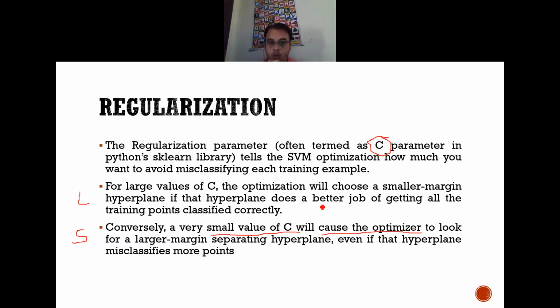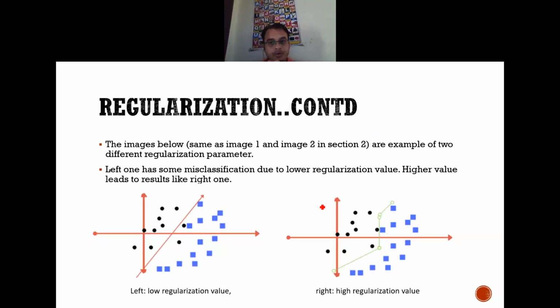So a lower value of C is not a proper solution, and a higher value of C is also not a proper solution. You have to find something in between to tune the data. Okay, so here the same option is given. If the value of C is lower, yes, if you look carefully, this point is misclassified, this point is misclassified, because due to a low value of the regularization parameter, a straight line has been drawn over here.